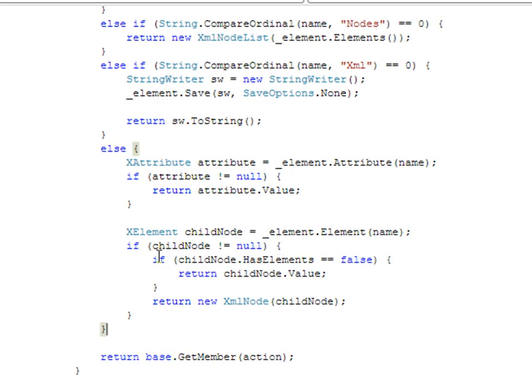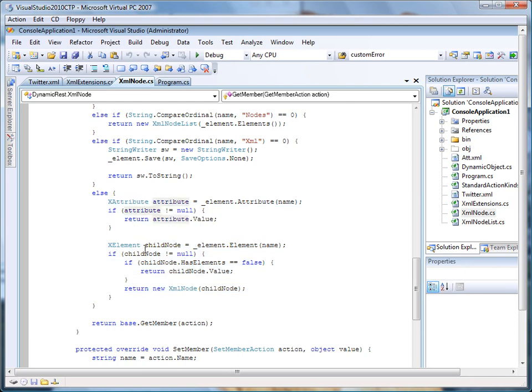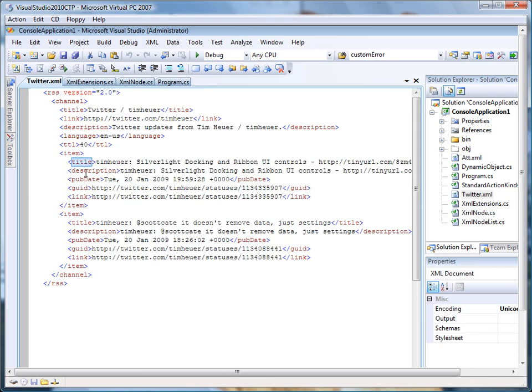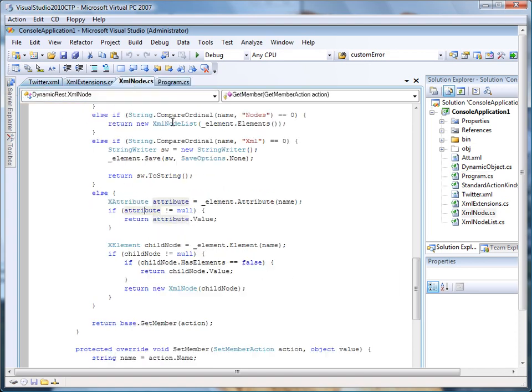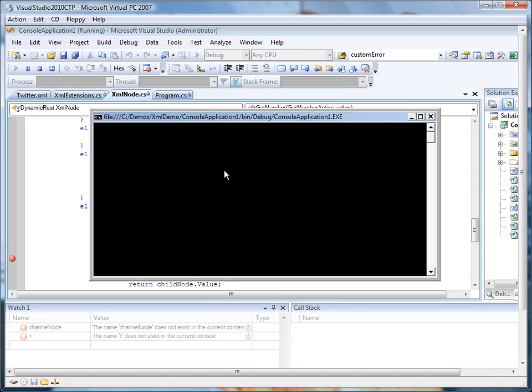But this is where the real magic occurs, and this is where we're going to get our functionality because I'm going to be looking at that, trying to search for these child nodes of title and description. And if you'll see in here, that's exactly what we did. We have a title in here, and that's actually that child node that we're pulling out. And so that call is actually going to get forwarded right down to here. In fact, we can set a breakpoint and run this again and just walk through this just to prove to ourselves